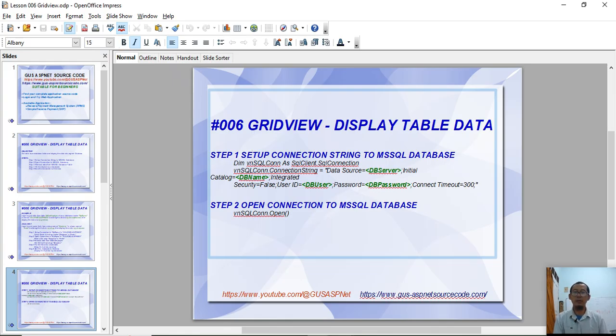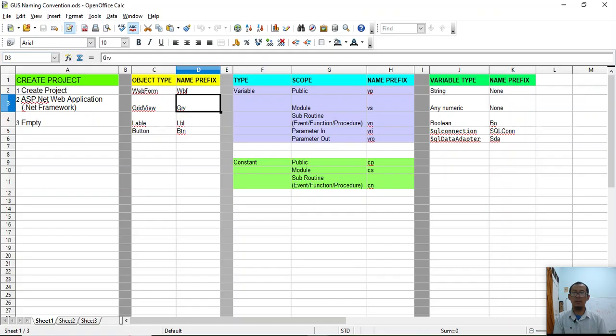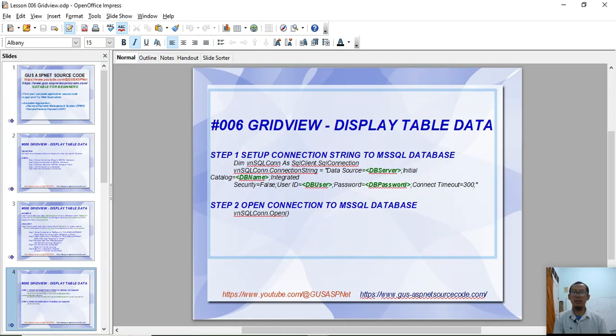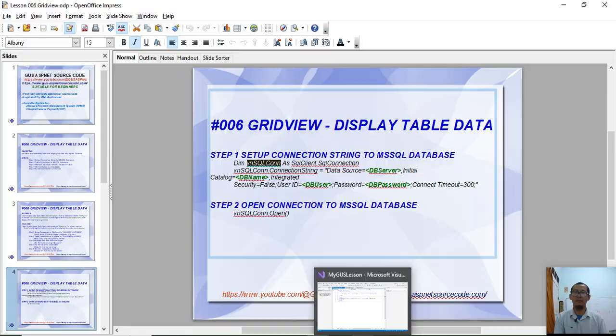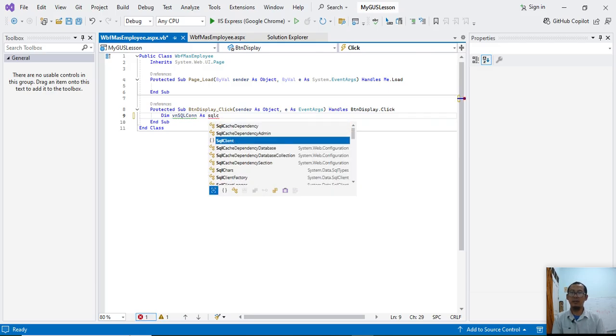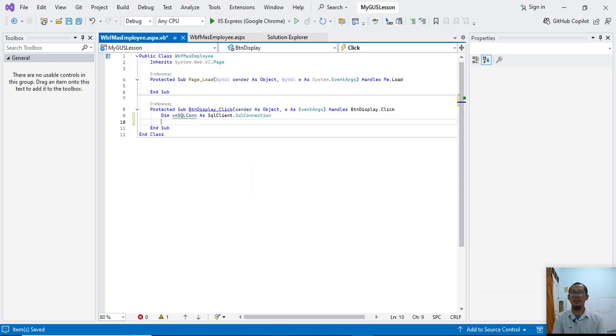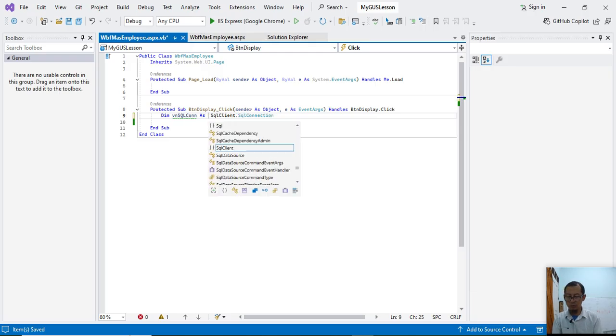Here it is. We have to create a variable. I will create variable connection as string. Okay. I will name the variable vn SQL con as SQL client SQL connection as new.